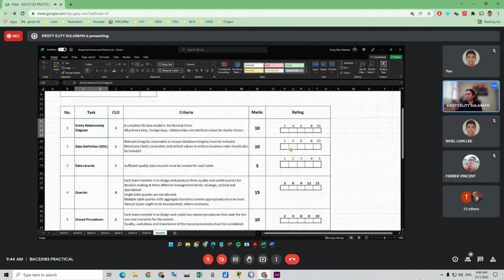They will be rating here: 2 marks, 4 marks, 6 marks, 8 marks, or 10 marks, depending on how you present your ERD. I will refer to this writing here. And then the next task.